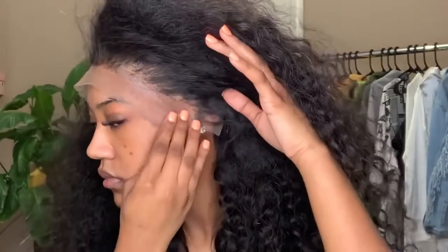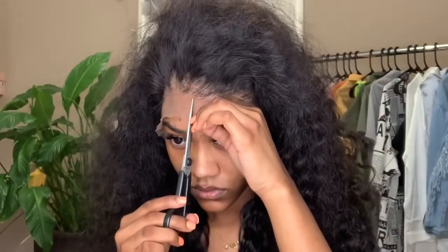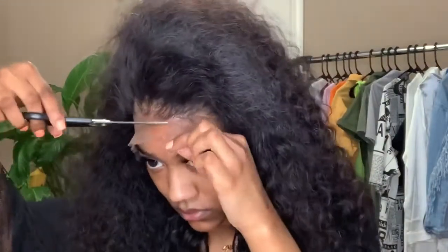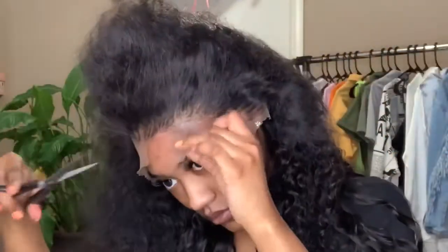One thing that I did learn when applying my wig for the first time by myself was that you don't want to be reckless when you're putting the gel and the spray onto the area that it's supposed to be applied to, meaning don't put it too far up or too far back. Well, I mean, it doesn't really matter as far back, but just don't put it too far up in front of the lace or where you're going to be cutting, because it makes it harder to cut. And then when it makes it harder to cut, it hurts